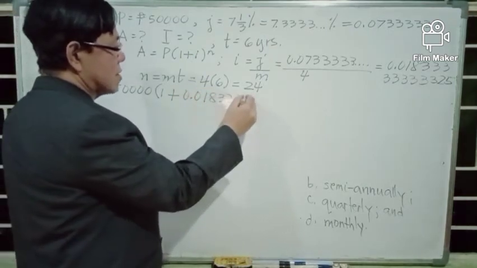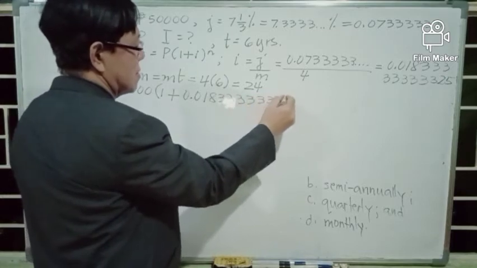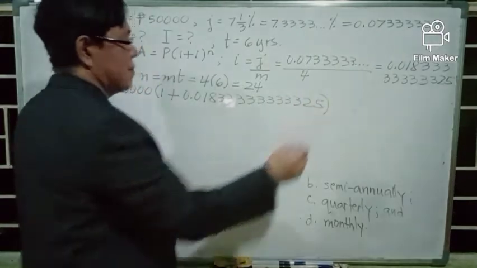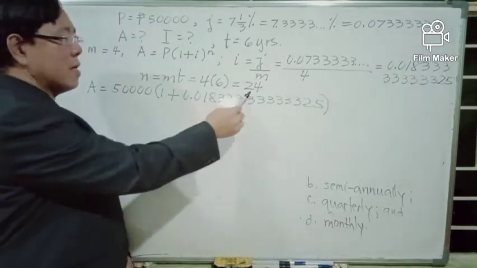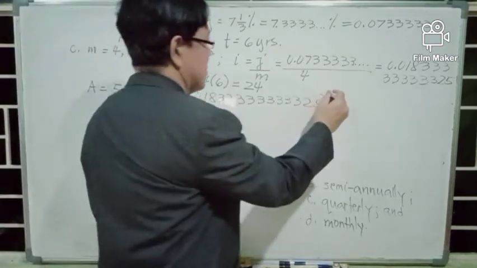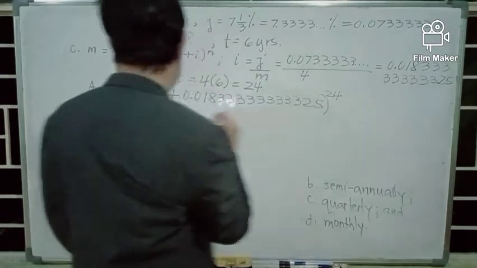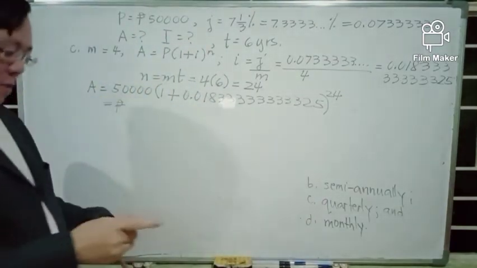You press 9 threes, and the last two digits are 25. Raised to the power n, which is 24. And we have A equals